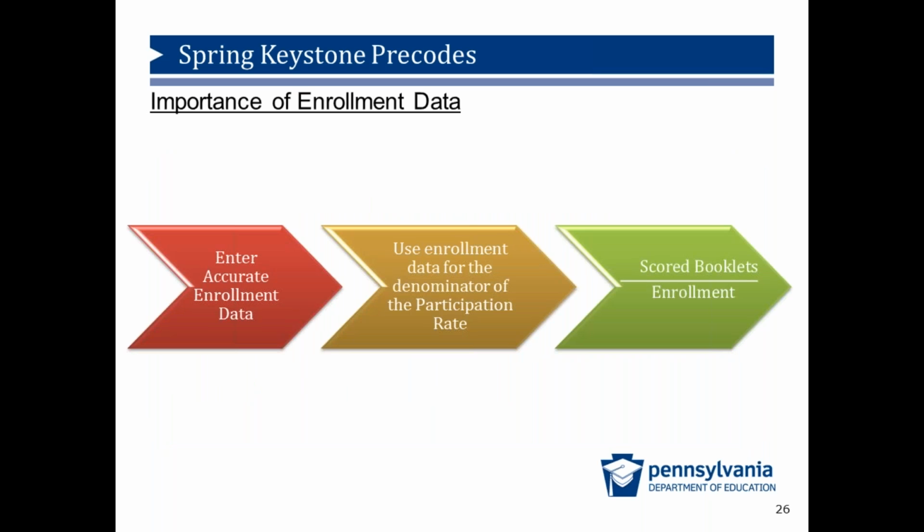Enrollment data is used to determine if a student was educated for a full academic year. We discussed how the school enrollment template is used to calculate full academic year status. FAY status is crucial to accountability reporting. The test results and test participation of the student who is full academic year are used in reporting on the School Performance Profile, the SDP, and the Required Federal Reporting Measures, RFRM.